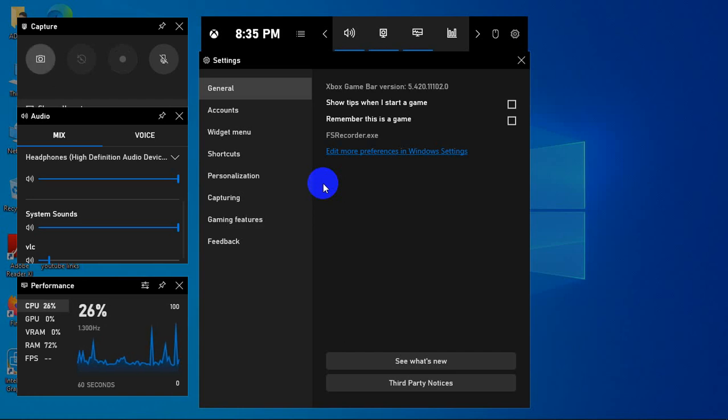This is the capture and recording. Also voice if you want, and here CPU performance is shown. It's very useful, with different features to know performance, used for game recording.